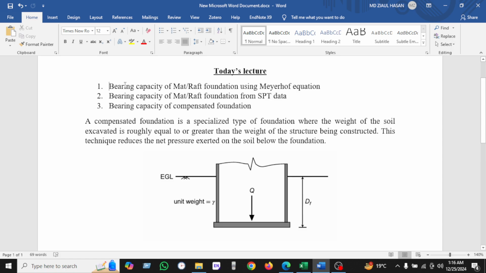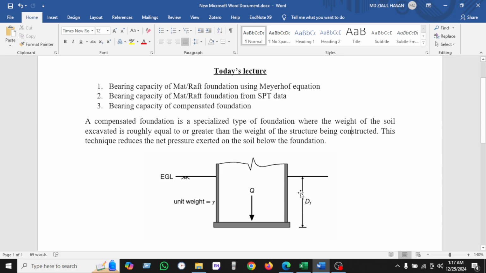The lecture topics are: first, bearing capacity of mat or raft foundation using the Meyerhof equation; second, bearing capacity of mat or raft foundation based on SPT data; and last, bearing capacity of compensated foundation. A compensated foundation is a specialized type of foundation where